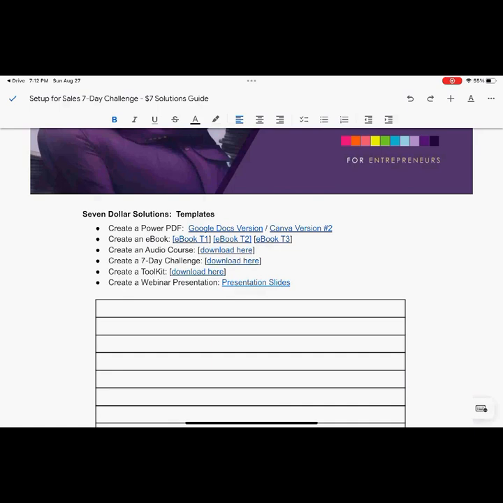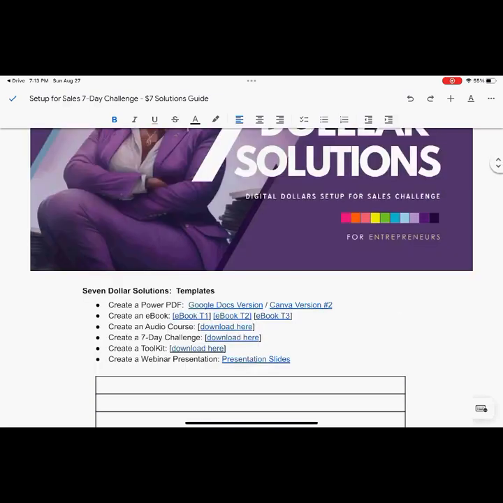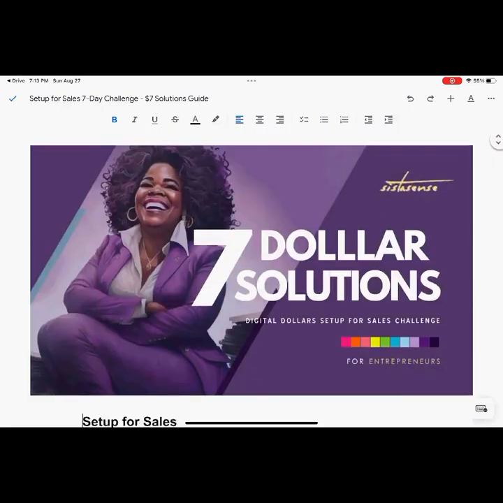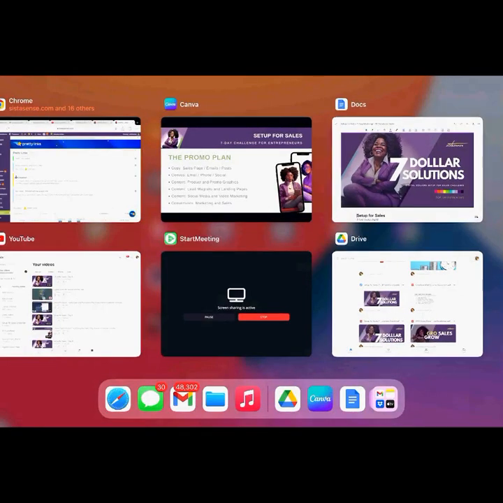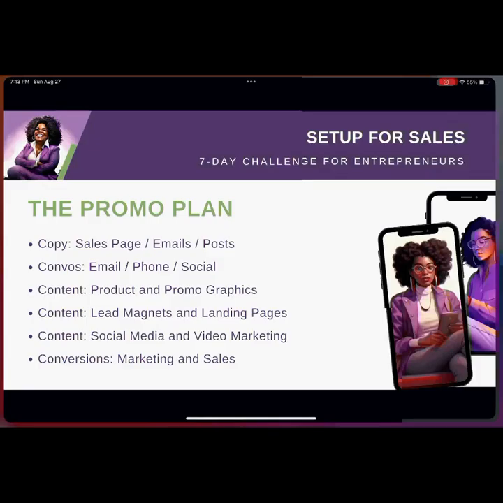And so one of the things that you can do is to take the individual pages within your template of choice, if you've decided to use any of those to actually make your offer, and to save those pages as initial marketing promotions. So let's talk about what I mean by that. I'm going to go over to my Canva doc real quick.